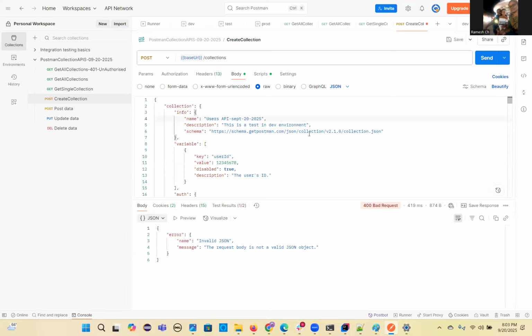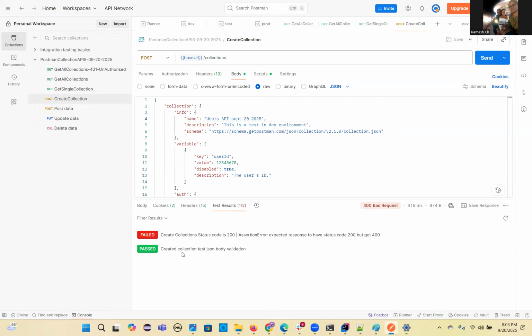Remove that. Okay. See, when you are getting a 400 bad request, clearly saying, I'll replicate this scenario. One more test case will write. This is the positive test case. 200 okay, we should get. So that's why the test case is failed. You can see that, right? So